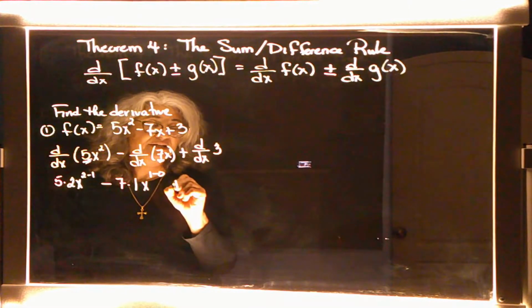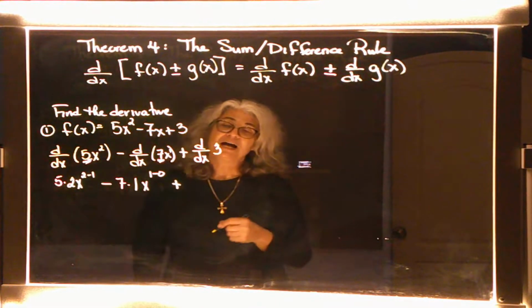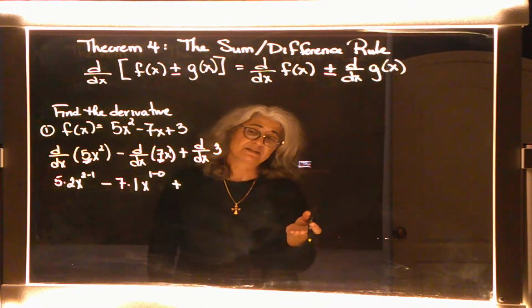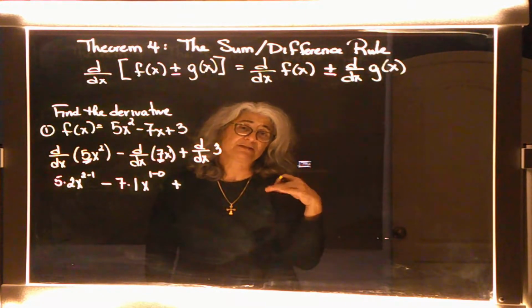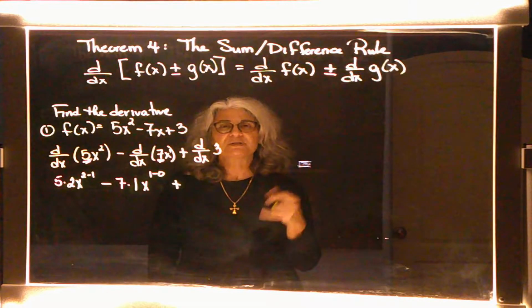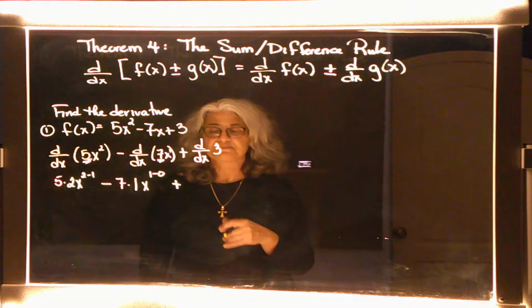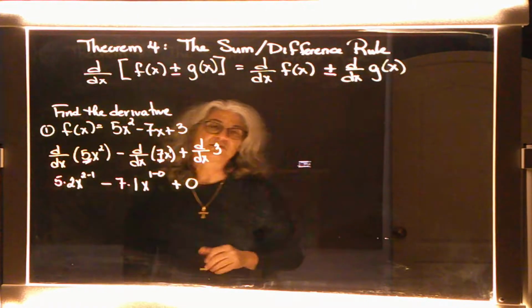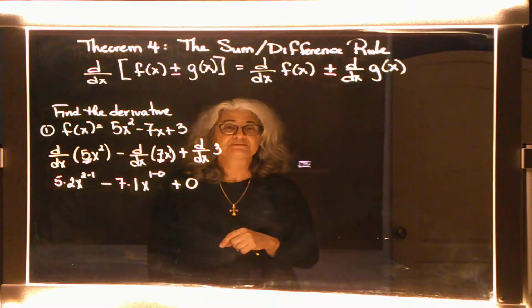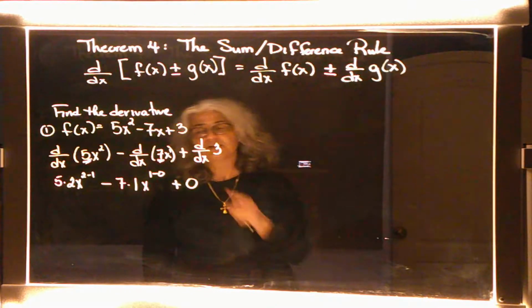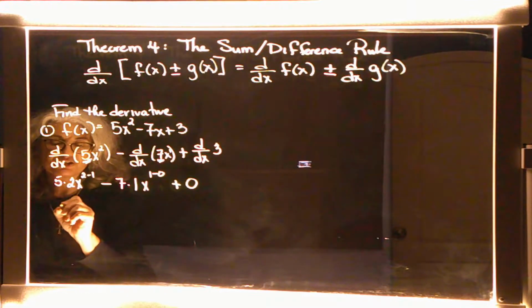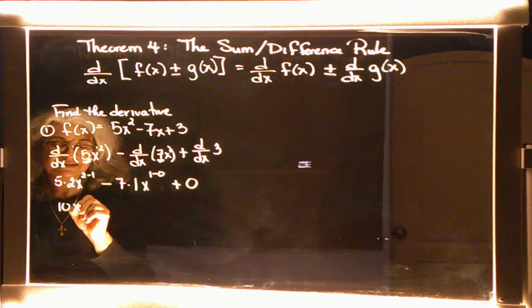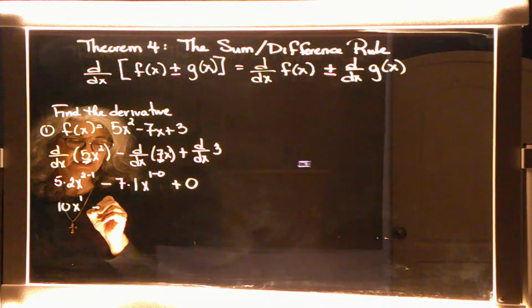And lastly, we're going to add, I'm taking the derivative of a constant. Go back to that problem number 4 we did towards the beginning of this lecture. What's the derivative of a constant? Good, it's 0. That was theorem number 2. Cool? Okay, so let's go back. What do we end up with here? Good, 10x to the power of 1 minus